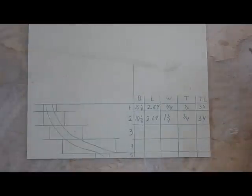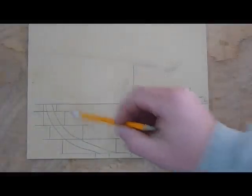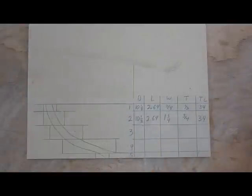Okay, so now that we have the rough shape of our bowl laid out, what we need to start doing is figuring out how big each segment needs to be, also the thickness of the segments. So I've got these laid out as 3/4 inch segments for the main body of the bowl, as well as a 3/8 for a top and a bottom, and that, of course, is going to be an accent color of a contrasting wood. Now, one thing you need to think about though is if you lay these out as 3/4